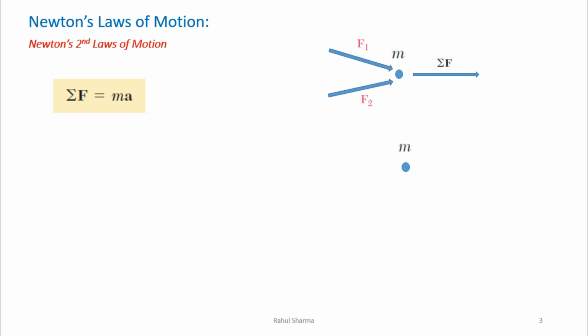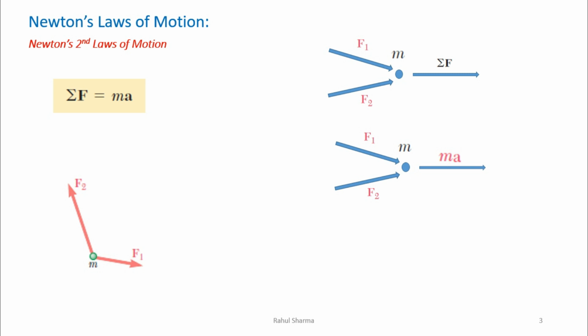As per Newton's second law, the same mass is there, we have applied the external forces F1, F2. Due to these two forces, this mass or this particle or object will have an acceleration in this direction, and it will be equal to mass into acceleration. Whatever the mass of the object is, multiplied by the acceleration. So this is the meaning of Newton's second law, means this system can be equated like this. So we can say summation of F will be equal to mass into acceleration.